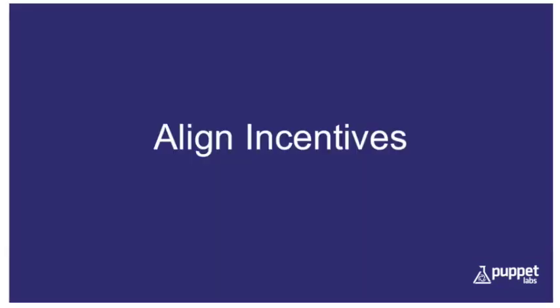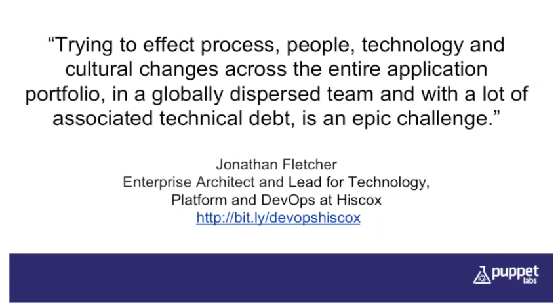So doing DevOps doesn't mean you'll all be sitting around a campfire singing Kumbaya, right? DevOps transformation is hard work, and there will be plenty of challenges along the way. So one of our customers, Jonathan Fletcher from Hiscox, a big insurance company in the UK, led his